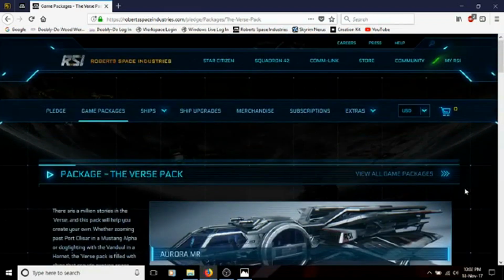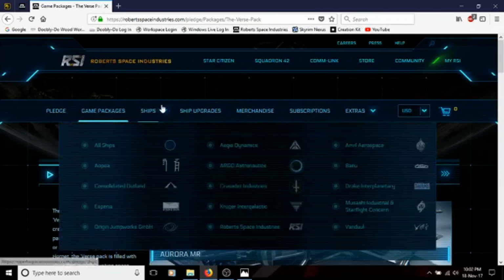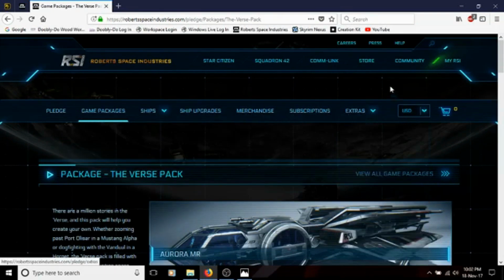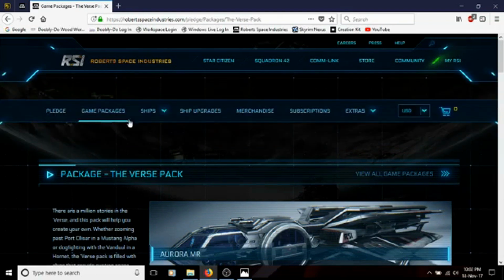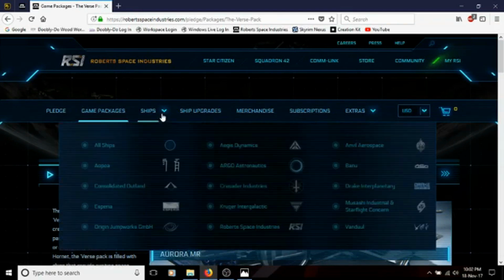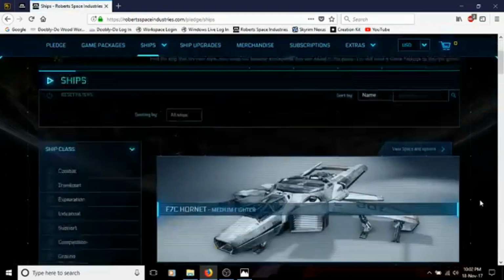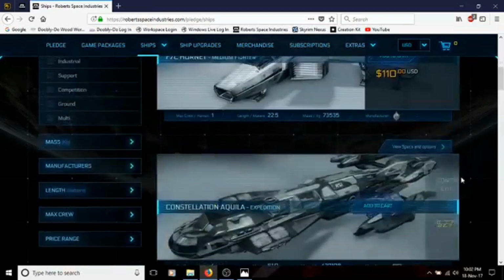Okay, so that's what we call a game package. That's it. That's the only thing you need to buy, right? Now, you also see the secondary navigation bar when you're in the store area, which is where we're at now. Game packages is where you'll find it. You can also go buy ships singleton, on their own. We call that standalone ships, and they have them sorted by